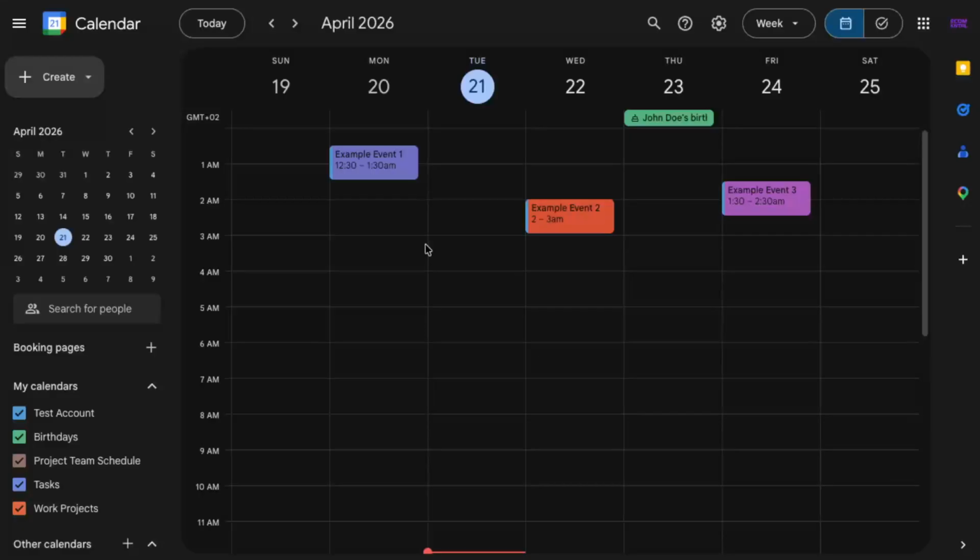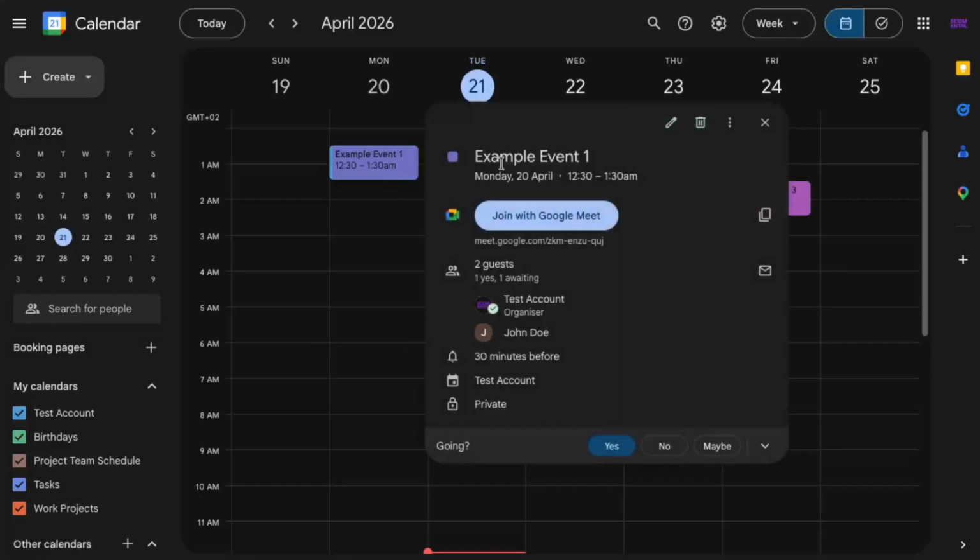Next, find the event that you want to edit. This is the event where you want to remove a guest. Click on that event once. A small pop-up window will appear, showing the event's details like the title, date, time, and some basic information. You might also see the list of guests right there, but to make changes, you need to go into the